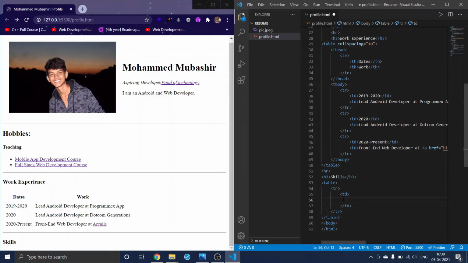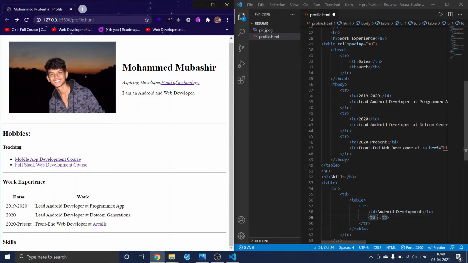So for that again I will make a table here in the td, and in that table again we need a row, and in that row again we need a td, and in here I will give something like android development, or its skill, right? So I need to give android development, and let me copy paste this, and here I will give something like 3 stars or 4 stars.